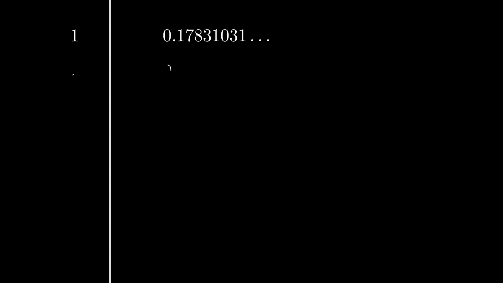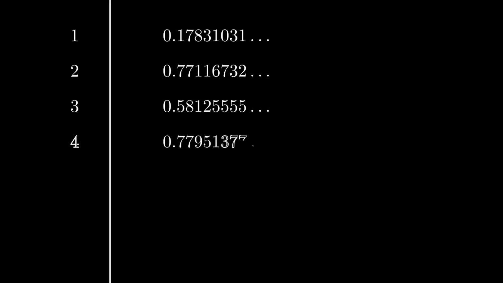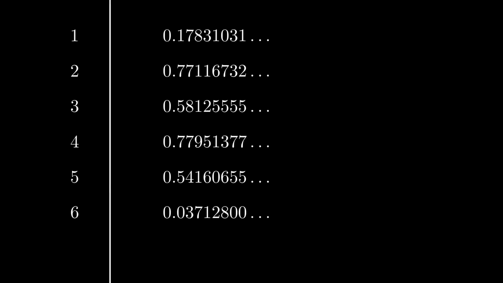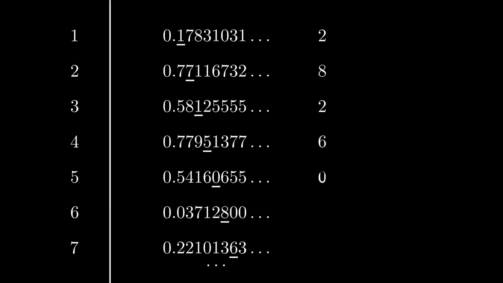Now, we might think that we have been able to label every real number between 0 and 1 with an actual number. But we can still construct new real numbers. How? Well, first we are going to take the first digit of the very first number, and then we're going to add 1. Now we're going to take the second digit of the second number and we're going to still add 1 to it. We're going to do this in a diagonal, and so on till infinity. If we reach a 9, we just take it back to 0.